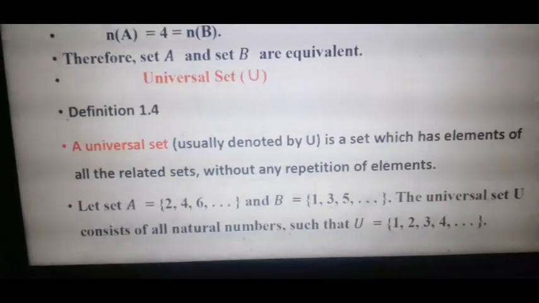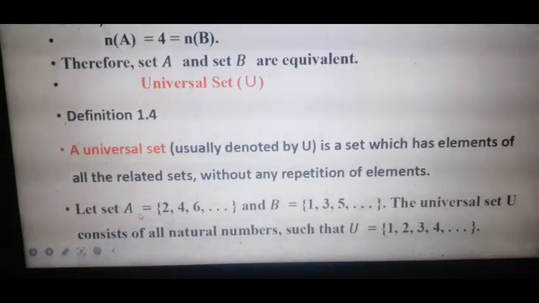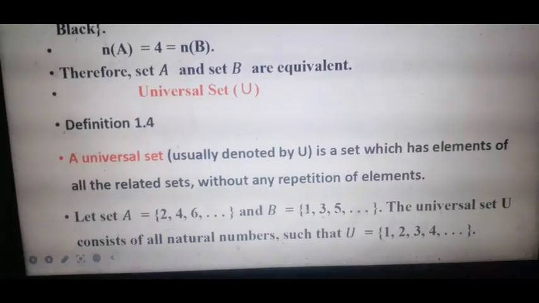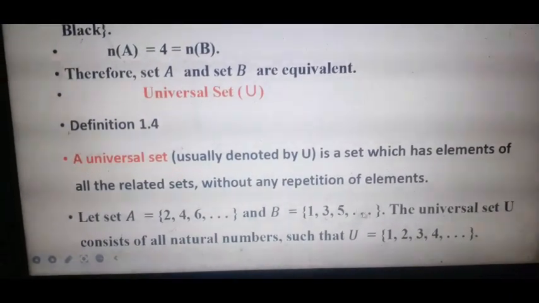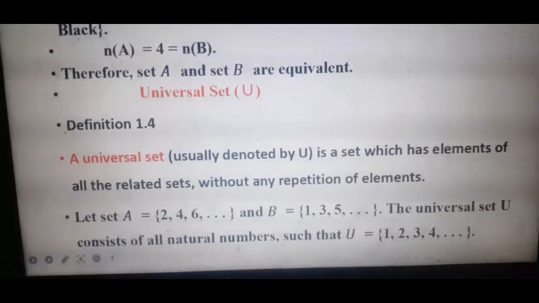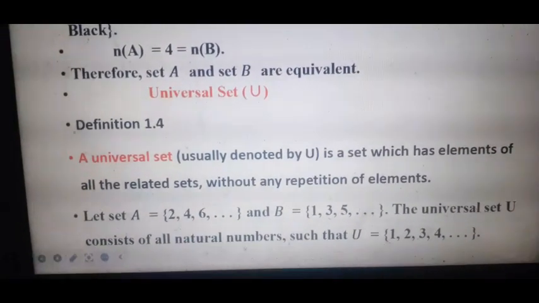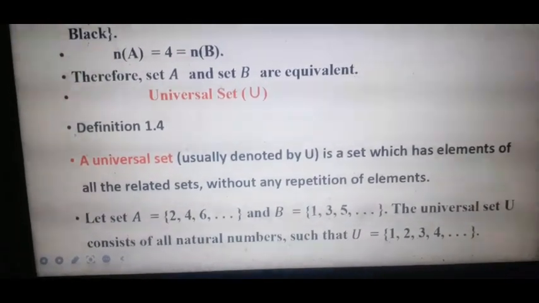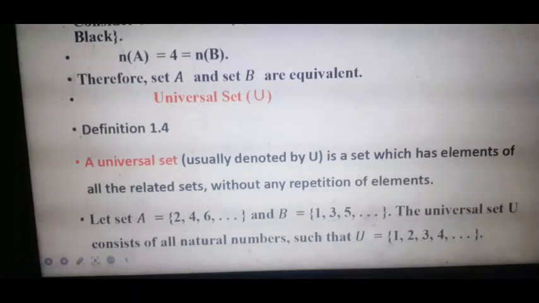For example, if sets are given in this way, let set A be 2, 4, 6 and B be a set containing 1, 3, 5, and so on. The universal set U consists of all natural numbers such that